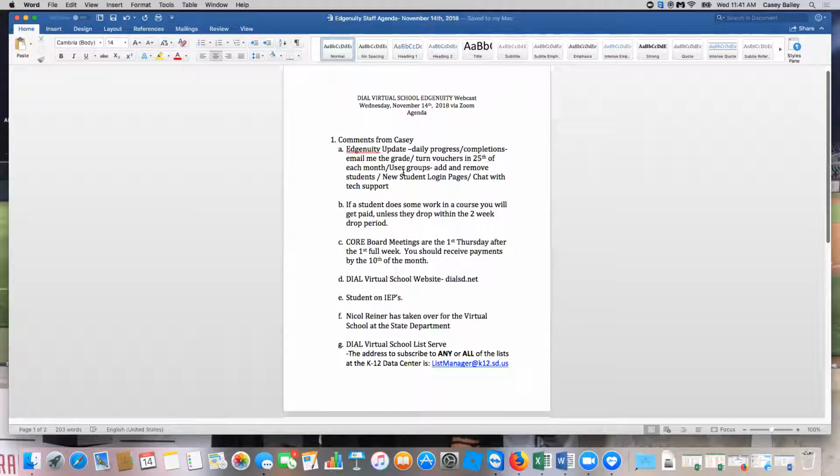Also, I want to remind you about user groups. I just want to make sure everybody understands that when I enter a student into Edgenuity, I will then turn around and add them to your user group. That way, when you log in and you filter it just to your user group, you will see all of your students